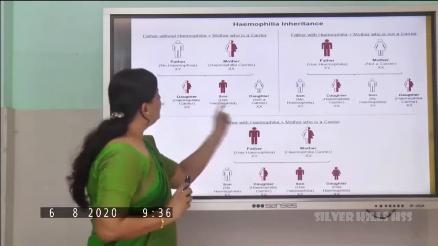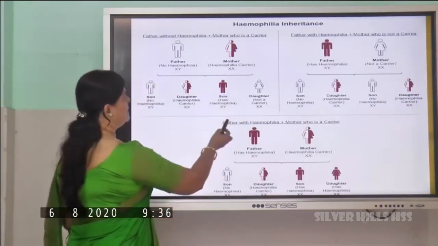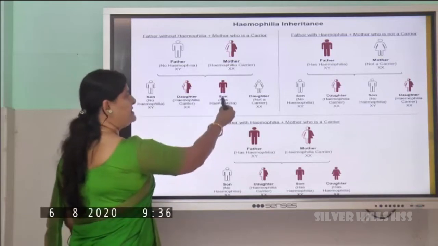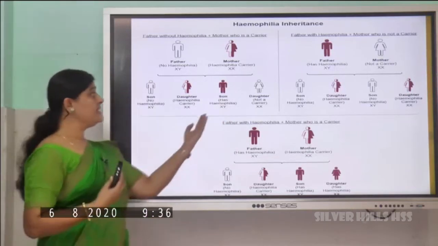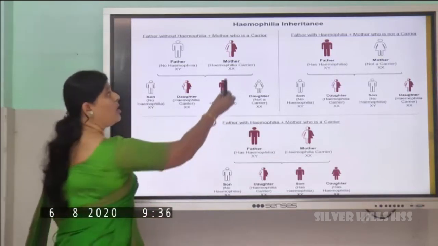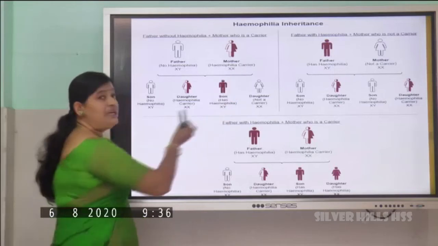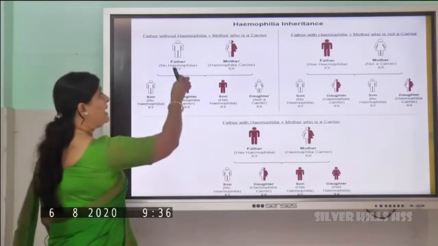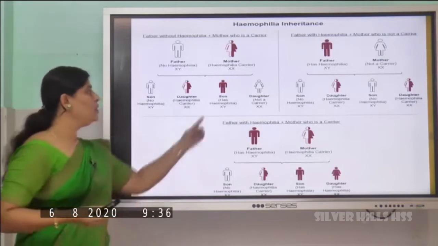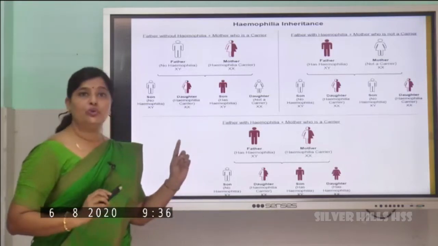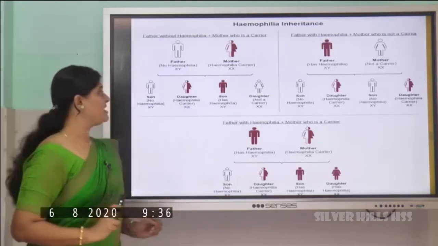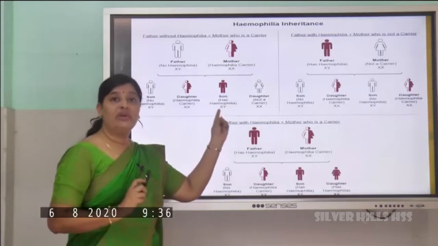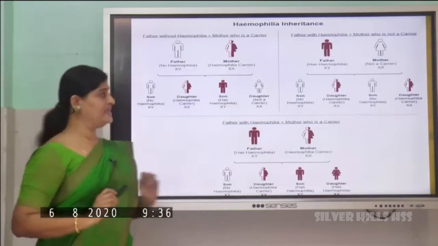Okay. Now the third case. Let's see the third case. Third case, it's a son, right? The son has got this defective gene from the mother, X chromosome, you can see that, isn't it? And Y chromosome from father. So the son cannot produce what? This blood clotting factor, and this son will become a hemophilic person.